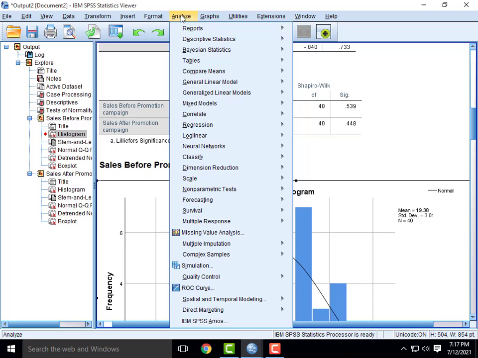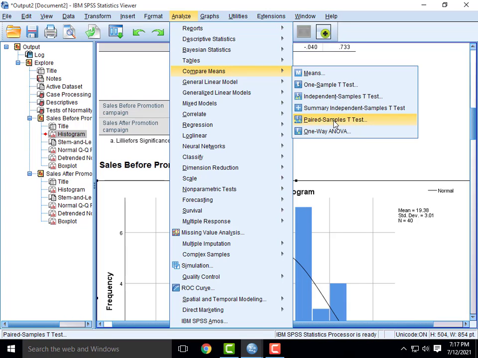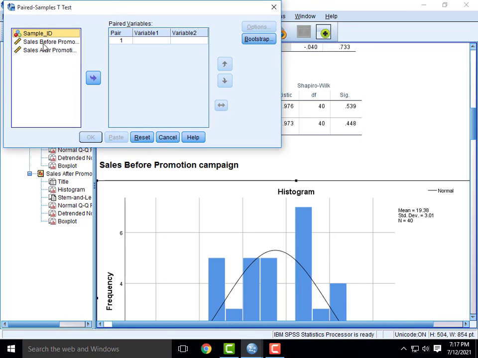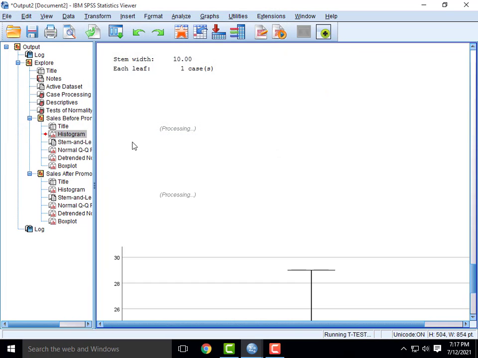Now we can check the t-value. Go to Analyze, Compare Means, then select Paired Samples t-test, then the before sales promotion value as variable 1 and the after sales promotion value as variable 2. Now we can simply click OK.